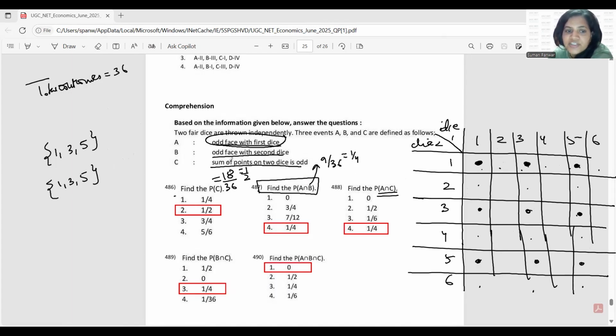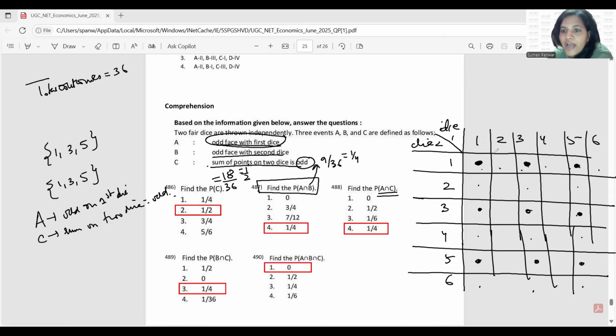Now A intersection C. What is C? Sum of the points on 2 dice is odd. A is odd on first die and C is sum on 2 dice should be odd. So you already have an odd number with the first dice, and if you want the sum to be odd, the second dice should show an even number.